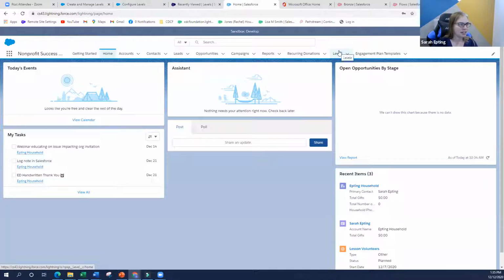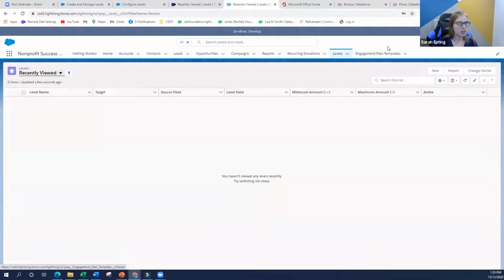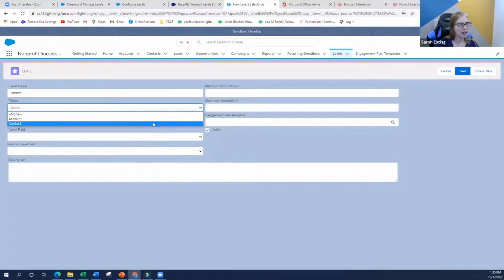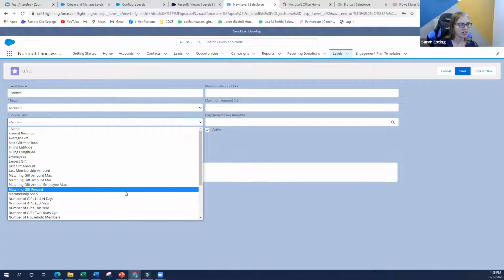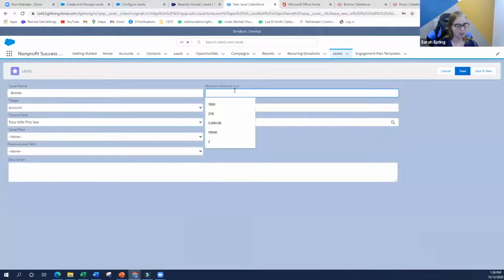If I then, this is where the levels come in. So levels is an object. If I create a new level and I name it bronze level, then I can associate it with an account with my source field, like I said, any number field. So if I wanted to say total gifts this year at a minimum amount of $250 and a maximum amount of $500 or $499, because I'm going to put them at a different level,